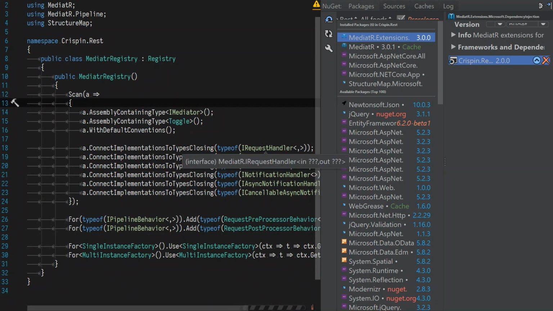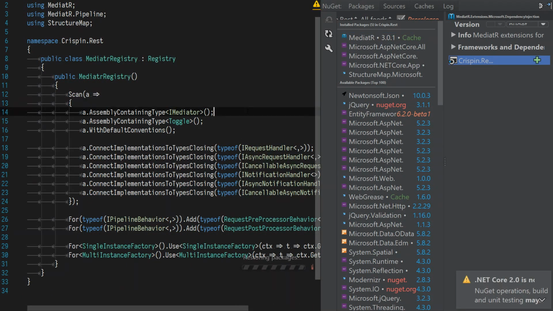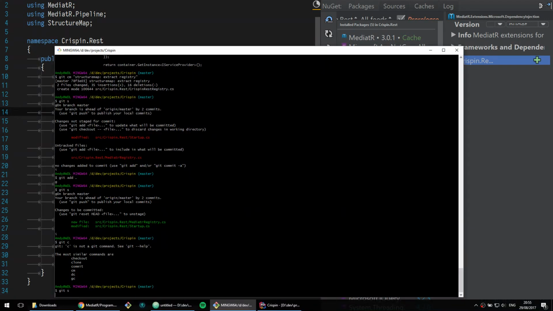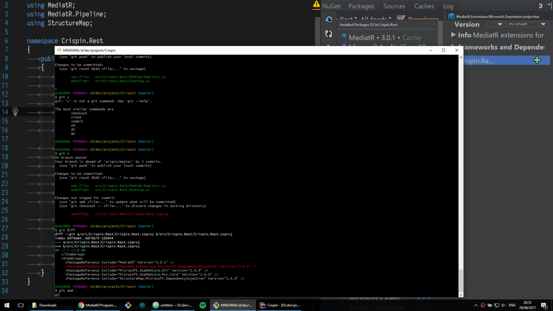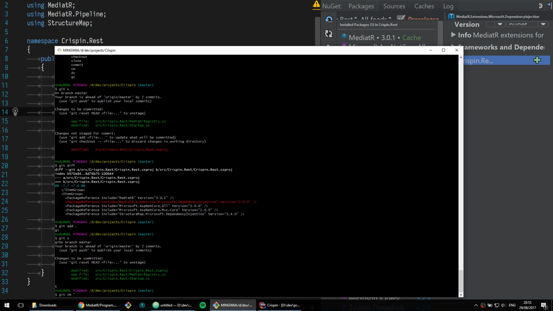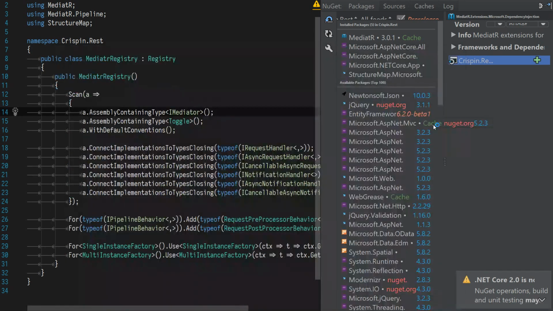Can't take that long to delete a file, can it? Yep, remove the package. Alright, so let's see, MediatR, move to StructureMap setup. Right, now that we have that back in place,